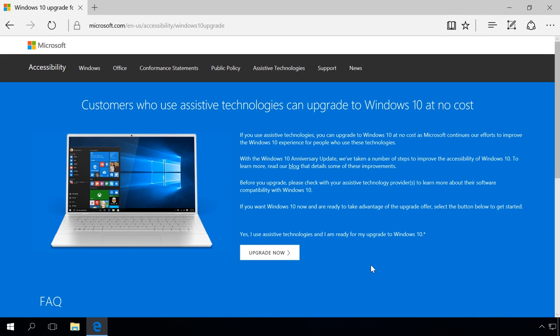Take note that a 64-bit version takes more space on your hard disk. If you have a license for Windows 7 or 8 and you want to upgrade to Windows 10 for free, use Microsoft's special offer for customers who use assistive technologies. First of all, you will have to upgrade to Windows 10. Find the link in the description. After that, the system will activate automatically, and you will be able to make a clean installation without losing the